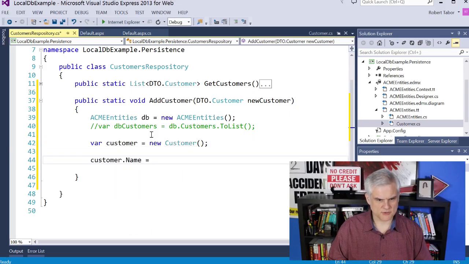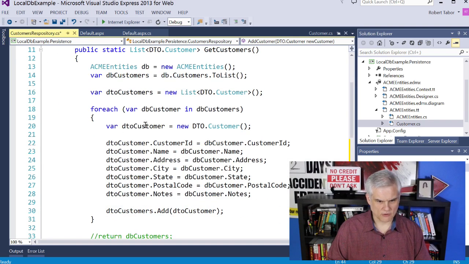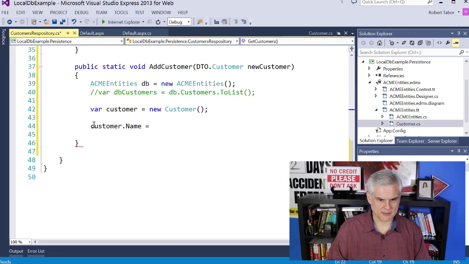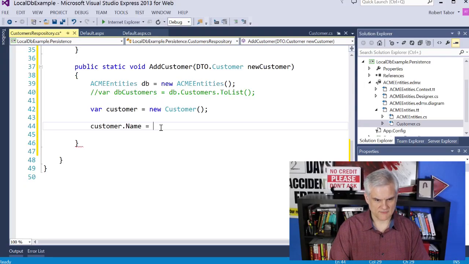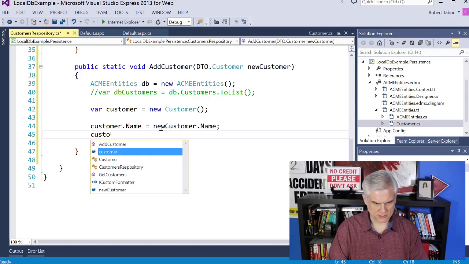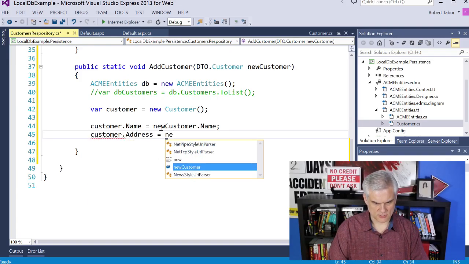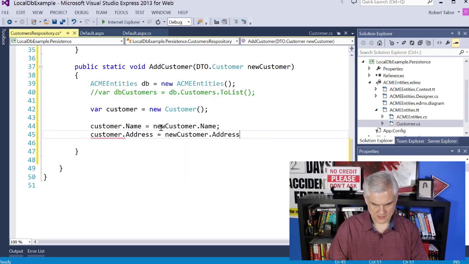We're going to do pretty much the reverse of what we've done here, where we grabbed customers from the database and put them into the DTO. Now we're grabbing them from the DTO, those values, and putting them into the values for a new instance of the customer from the database. So new customer.name, and we'll just follow this little pattern, customer.address equals new customer.address,